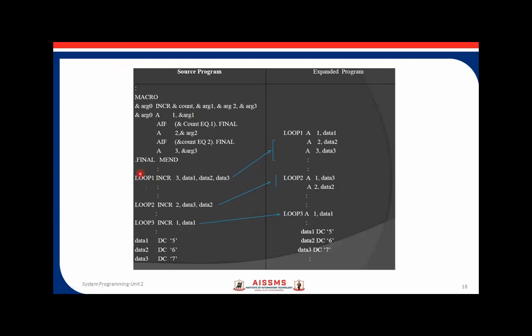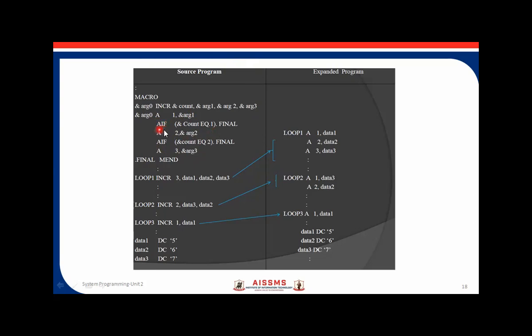In this example, on the left-hand side, as you can see, you have a macro. The macro name is incr, and it has three arguments, as you can see here. And this is the body of the macro. Inside you can see there is an AIF.